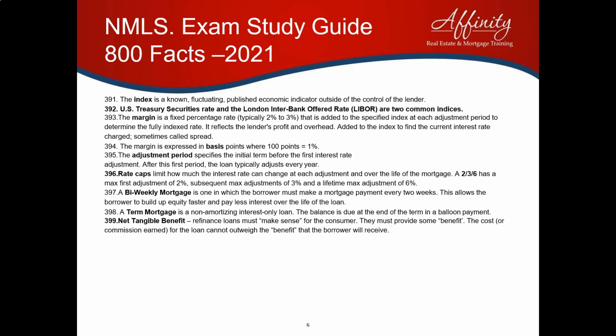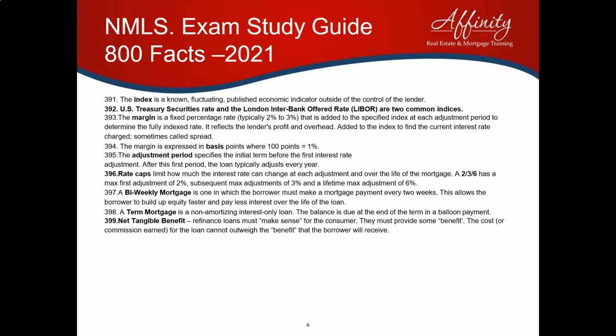The adjustment period specifies the initial term before the first interest rate adjustment. After this first period, the loan typically adjusts every year. Rate caps limit how much the interest rate can change at each adjustment period and over the life of the loan. A 2/3/6 has a max first adjustment of 2%, subsequent max adjustments of 3%, and a lifetime max adjustment